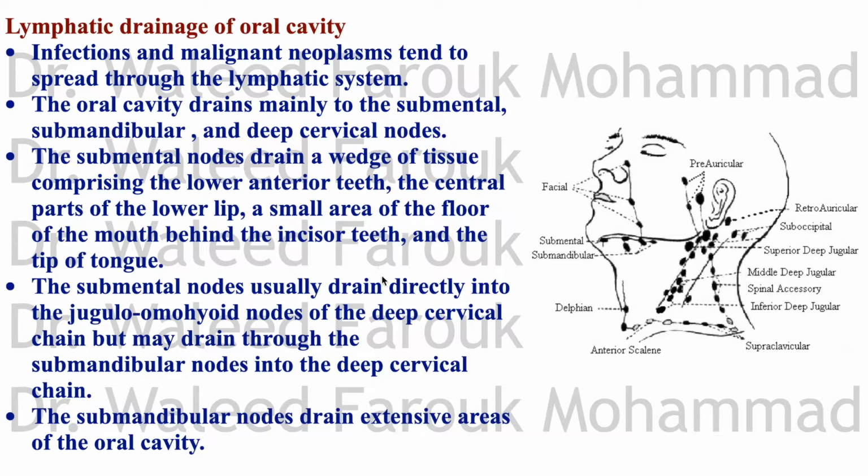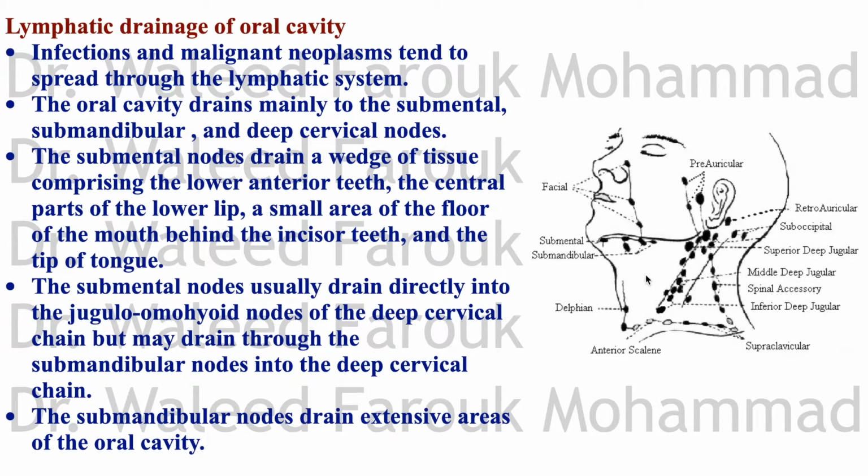Lymphatic drainage of the oral cavity. It's important to learn about the lymphatic drainage because it's a plane for spread of infections and malignant tumors. The oral cavity drains mainly in the submental and submandibular lymph nodes, and both of them drain into the deep cervical lymph nodes that you can divide into two groups. The upper group is the jugulodigastric lymph nodes, and the lower group are the